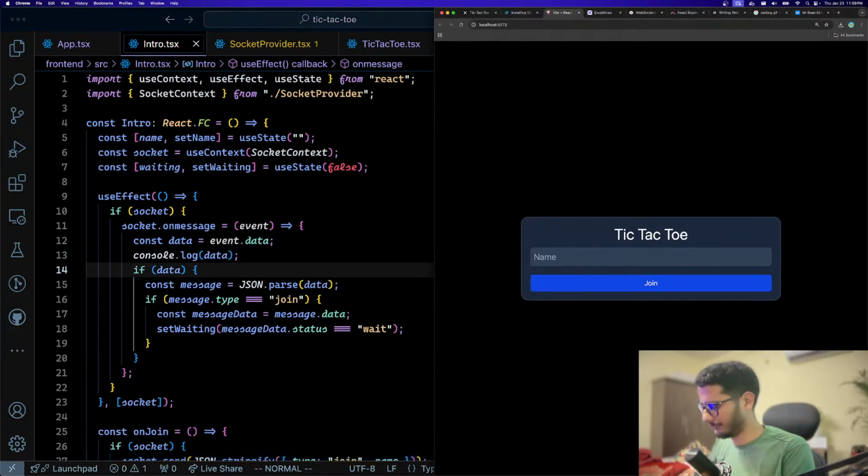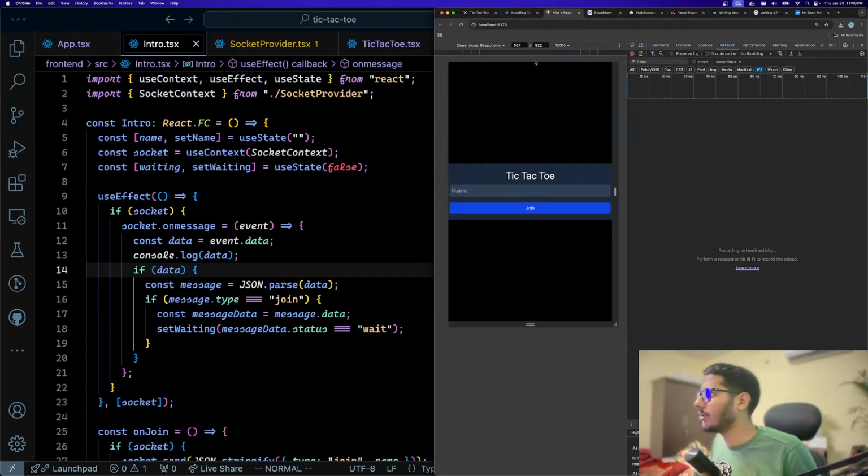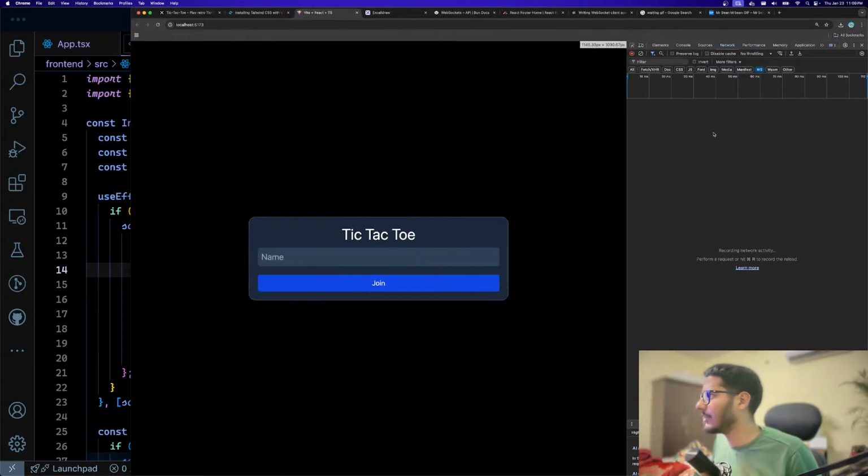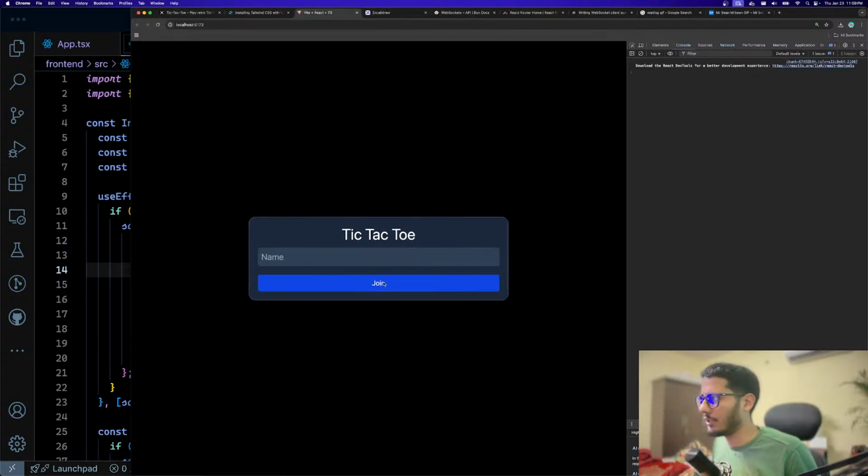Yeah, let's go. Okay, so we'll not have this responsive mode anymore. We'll go to console and we'll just say join. Wait, unexpected token edge. Hello from server is not a valid. Okay,